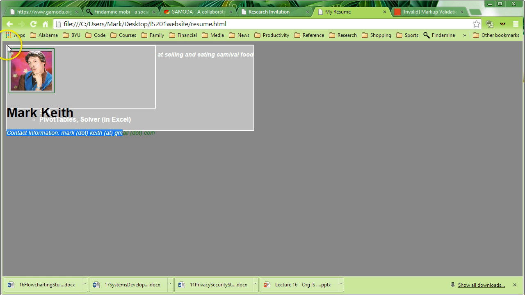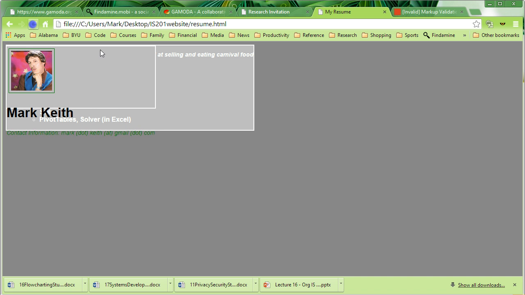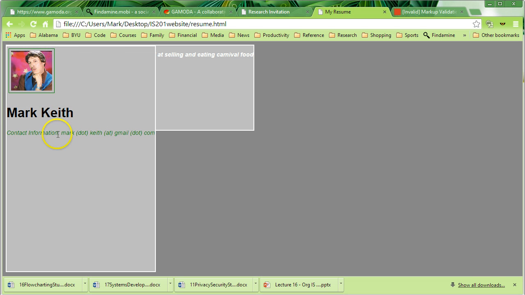Okay, it's fitting 10 pixels from the top, just like we want it, and the height's 150. However, if I were to set bottom in there, let's say I wanted it 10 pixels from the bottom. Save. Okay, it didn't stretch down to 10 pixels from the bottom. Why? Well, because it's conflicting with height 150. So, for whatever reason, and I couldn't tell you the rule on this, it's choosing to use height instead of bottom. So if I were to take height out, save it, refresh,